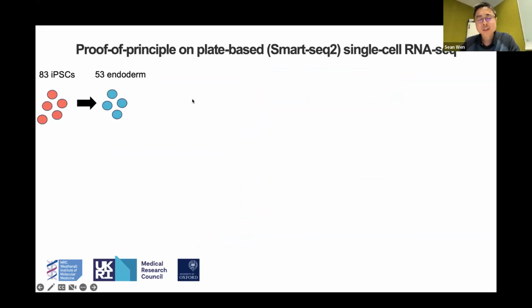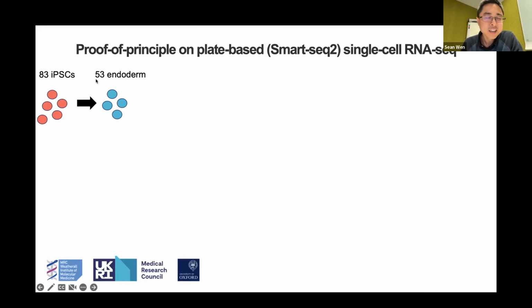Okay, so the story behind Marvel is that it was part of my PhD project. When I started building Marvel, it was meant for only plate-based RNA sequencing data sets, because plate-based was the first kind of library prep to arrive at the scene. That's why I'm starting the story with Marvel on plate-based single-cell RNA sequencing data. There are a few methods to generate plate-based single-cell RNA sequencing data. The most popular method is SmartSeq2, but there are also other methods available, such as SmartSeq3, or SmarterSeq, or TargetSeq. So choose your favorite